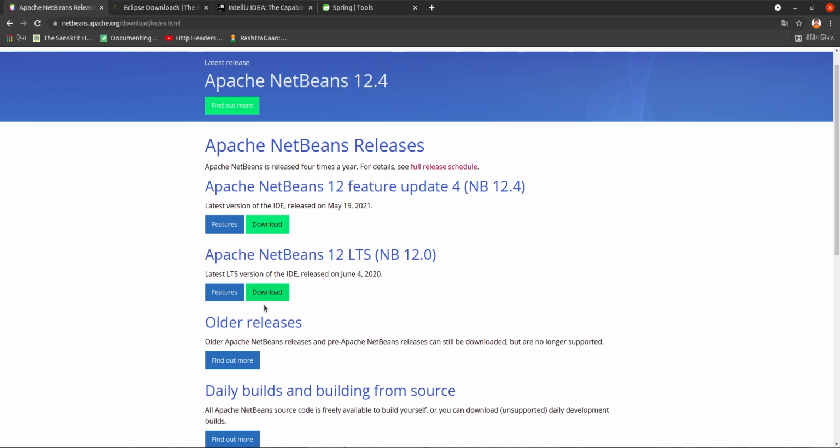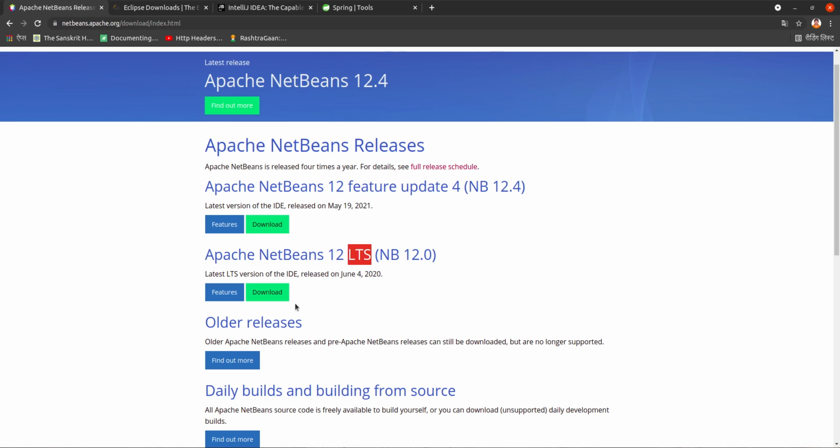So many options are there. You can see this one is a latest feature update. Currently Apache NetBeans 12 is there. You can use this one, no issue. This is some feature update, but this is better: Apache NetBeans 12 LTS. LTS stands for long term support.